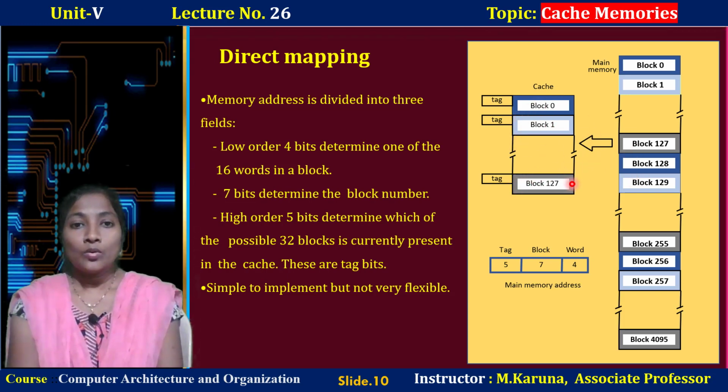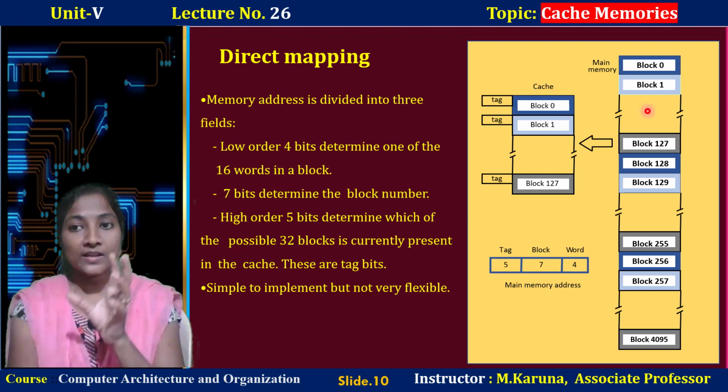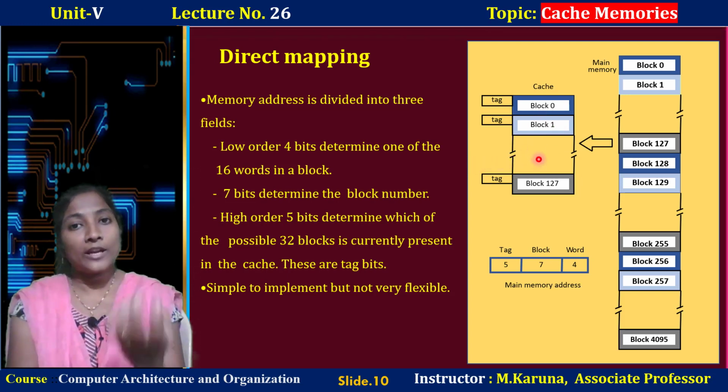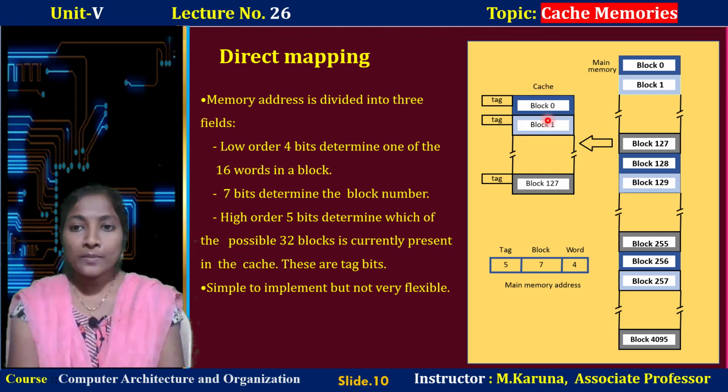Whenever the processor wants to execute some routines repeatedly, those instruction codes are transferred from main memory to cache memory so that the processor can access the required instruction codes or data quickly. Cache memory size is much smaller than the main memory size. Here main memory size is 64 KB.